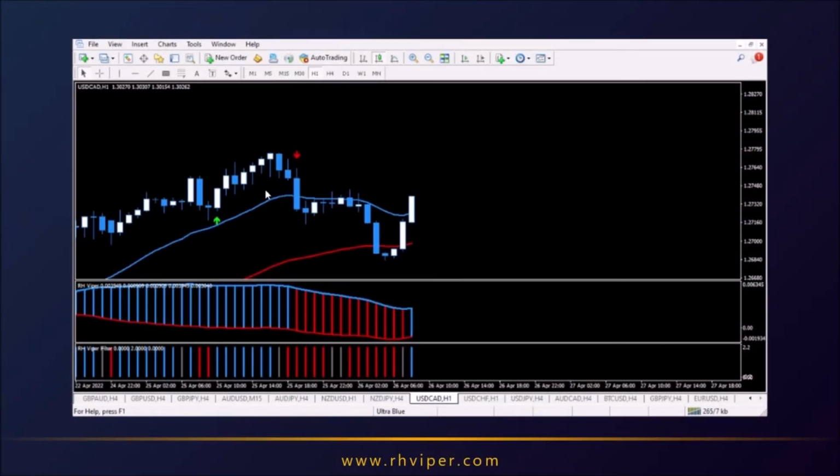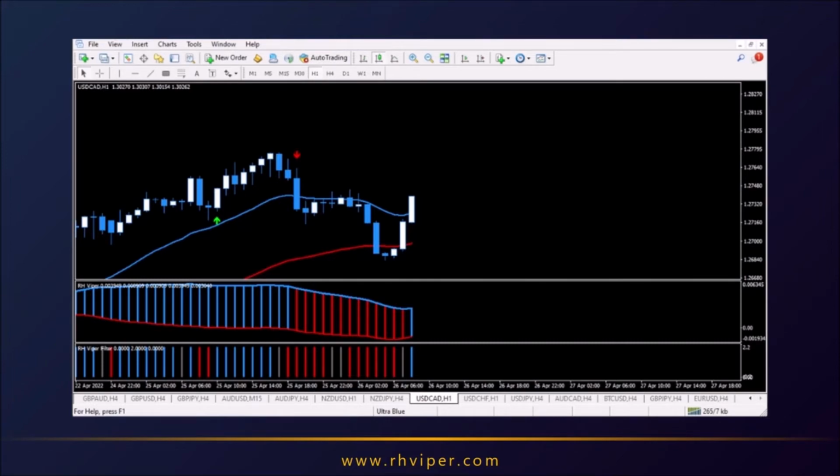A whole bunch of candles have passed by. We've got the market dropping down, and currently we have what could potentially be a long opportunity. We've got a candle closing or moving above this blue moving average. The RHViper indicator, its histogram bar is blue, and the RHViper filter also has a blue bar. So if this candle closes where it's at and a green arrow appears underneath this candle, we can be looking